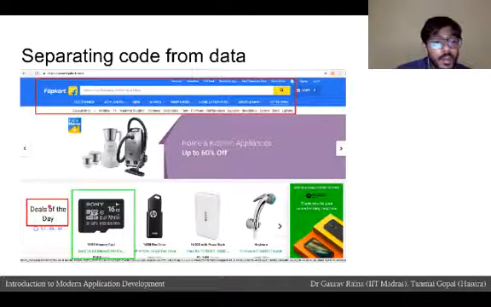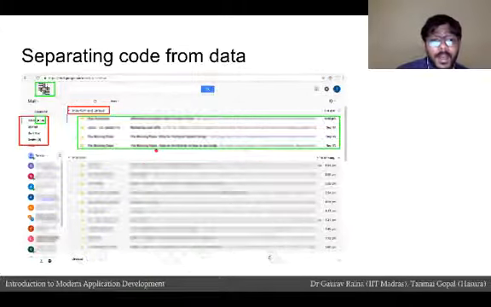For example, if you look at the banner called Deals of the Day, this portion of the web app that displays this section that shows this heading called Deals of the Day is a part of the code. The content of what this banner contains is what I would say is a part of the data of the website. If you look at Gmail, and this is a screenshot of my inbox,